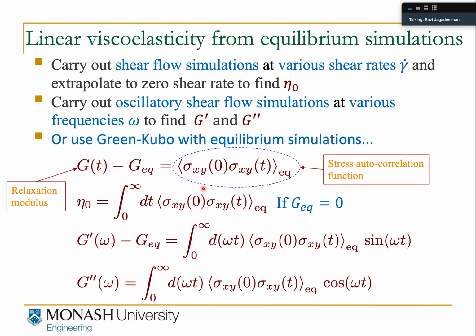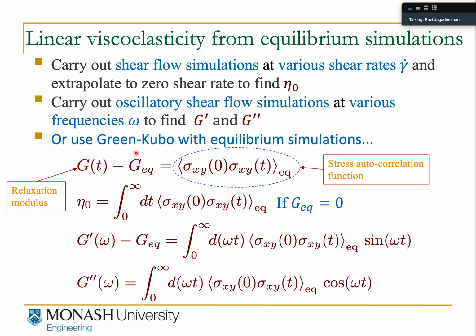Now, in trying to characterize gelation, we could do exactly what experimentalists do, that is, run a lot of finite shear rate simulations in shear flow, find the viscosity and extrapolate to zero shear rate, and run several oscillatory shear flow simulations at different frequencies, and then plot G prime and G double prime as a function of frequency. Alternatively, because we are interested in a linear viscoelastic property, we could make use of the Green-Kubo relation